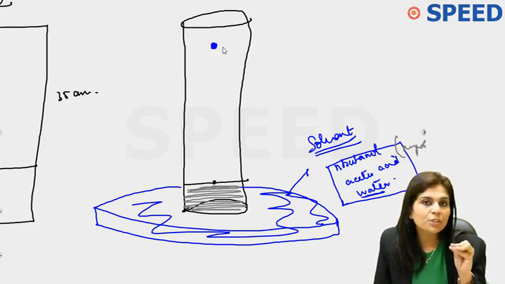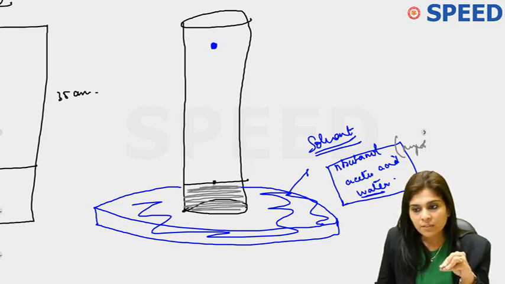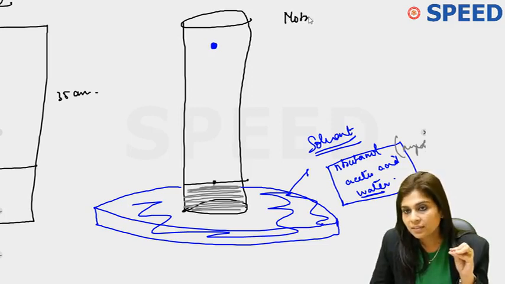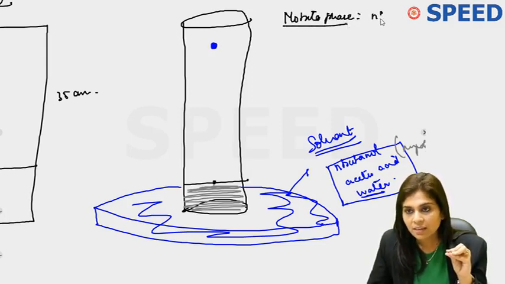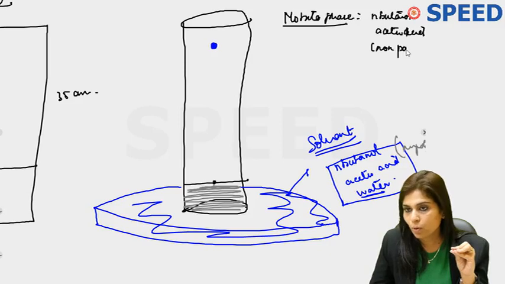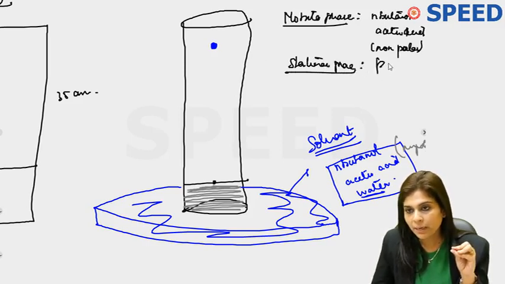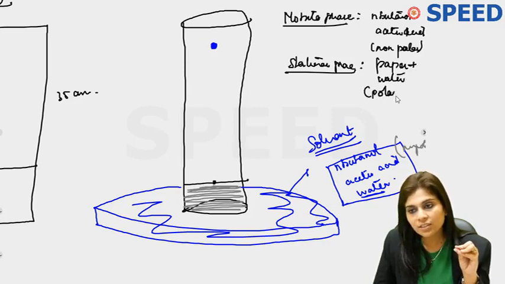And if it's an amino acid which is polar, you know the stationary phase is polar. What is the stationary phase here? So let me write this down. In paper chromatography for amino acid separation, mobile phase is N-butanol plus acetic acid, both of which are non-polar. So mobile phase is non-polar. And which acts as a stationary phase? Stationary phase is paper and water. So it's basically a polar stationary phase.